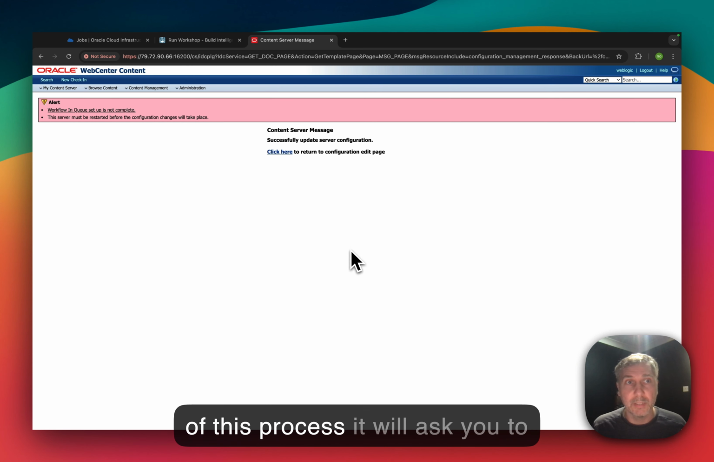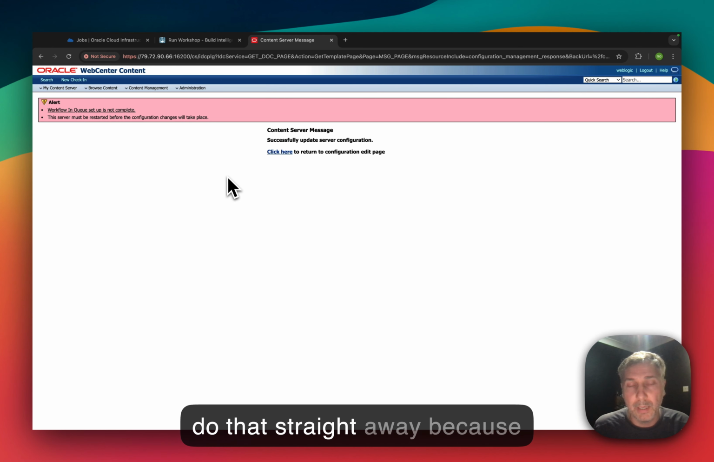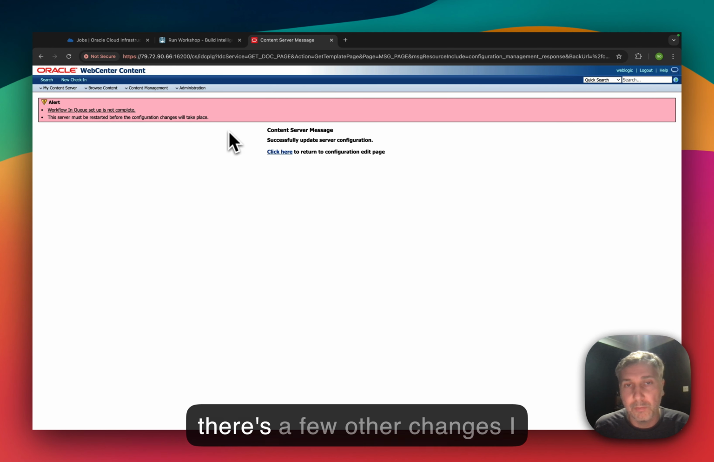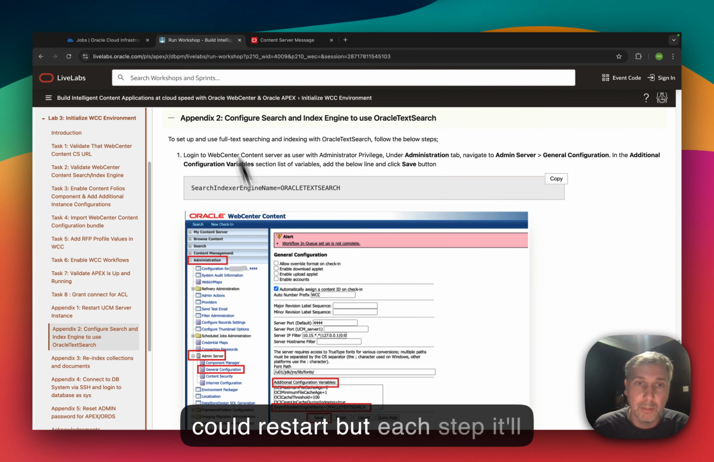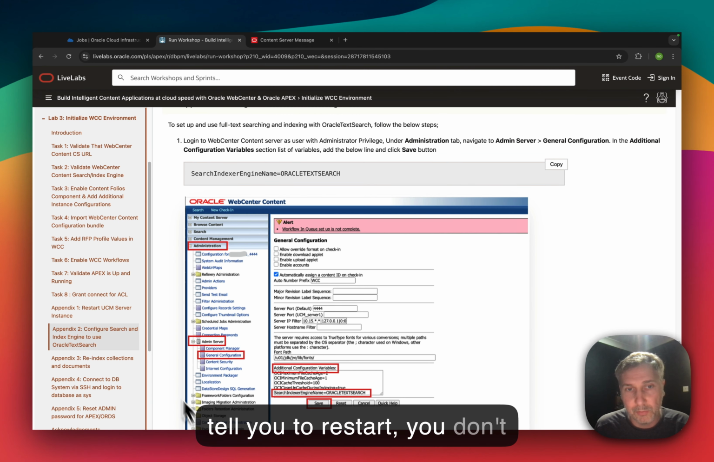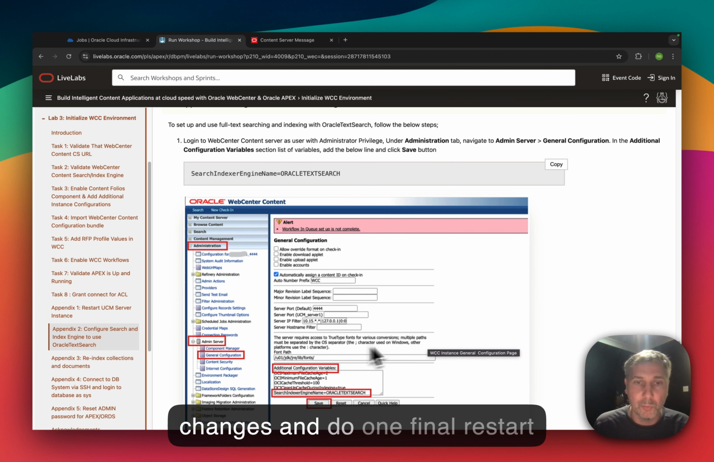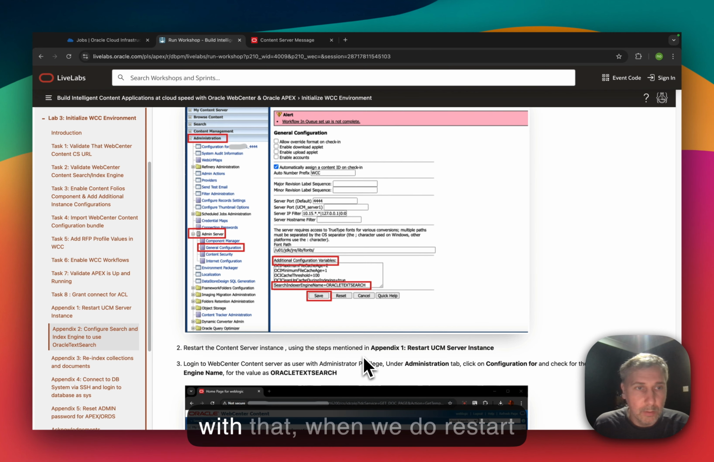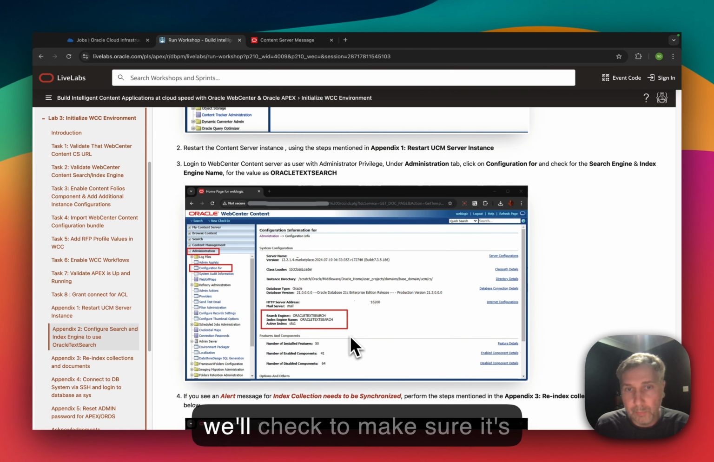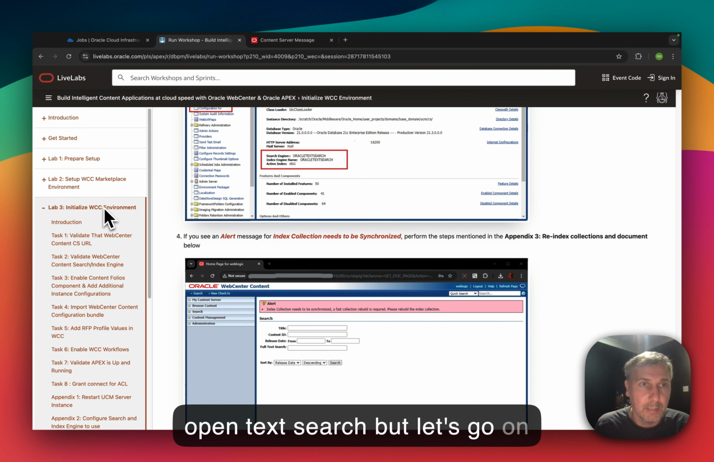Now, as part of this process, it will ask you to restart the server. I'm not going to do that straight away because there's a few other changes I want to make before I restart. I could restart, but each step it'll tell you to restart. You don't need to do that. You can just go ahead, make all of these changes, and do one final restart at the end. Okay, so we're good with that. When we do restart, we'll check to make sure it's Oracle text search, but let's go on to the next step,